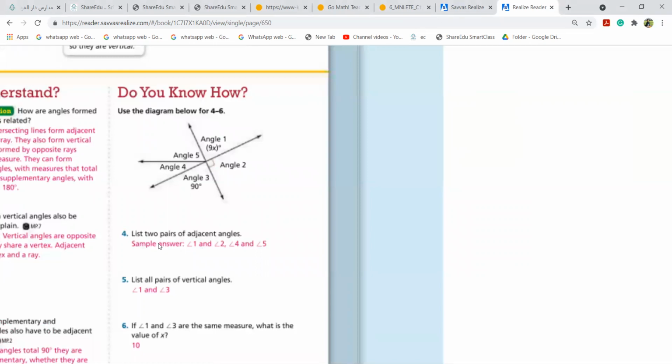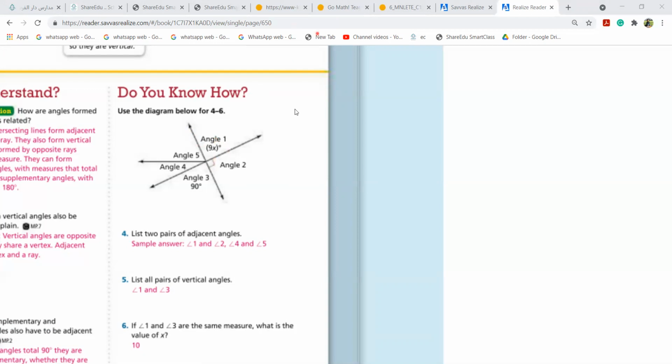Now, girls, what are adjacent angles here? What is the meaning of adjacent angles? They are next to each other, like this. If you see angle 1 and angle 2, they are next to each other, so we call them adjacent angles. If I ask you what is adjacent to angle 4, you'll say 4 and 5 are adjacent. If I ask what is adjacent to angle 1, you will say angle 1 and angle 2, because they're next to each other.